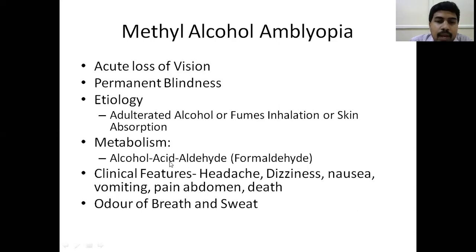So disulfiram, or Antabuse. The disulfiram-like reaction, you might have read in your biochemistry first year. What is disulfiram? For alcohol de-addiction, they use a drug called disulfiram. It inhibits the enzyme aldehyde dehydrogenase, so more formaldehyde is accumulated here. Usually when you take alcohol, it is converted by alcohol dehydrogenase into acid, and this is further converted by aldehyde dehydrogenase into an aldehyde, formaldehyde. This formaldehyde is very toxic to the body.